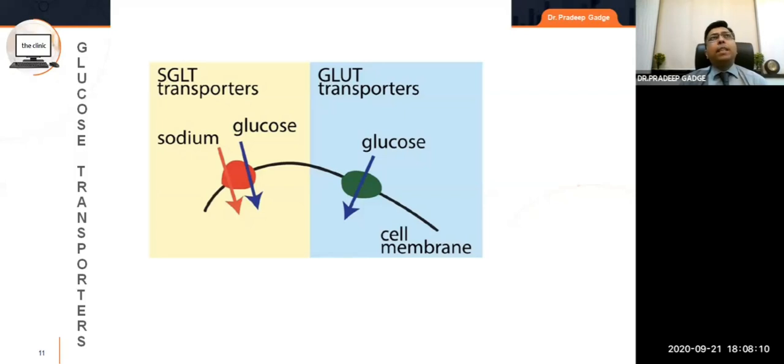So GLUT are present on various cells. You must be knowing, GLUT2 is present on the beta cells, GLUT4 in the muscles. So there are various GLUT transporters or GLUT receptors, you can say. Somewhere around 14 different types of GLUT exist in the human body, of which the first 5 to 7 are quite important. Now coming to SGLT co-transporters, there are 6 types of SGLT we know by now, of which 1 and 2 are important clinically.